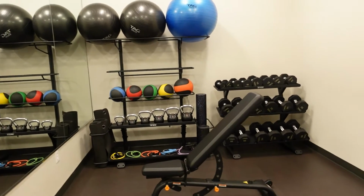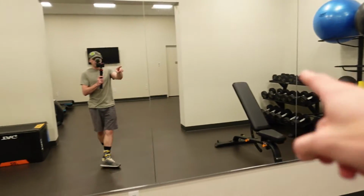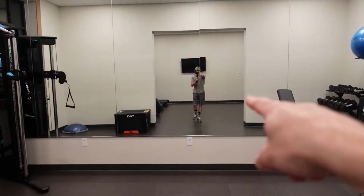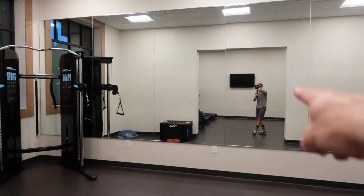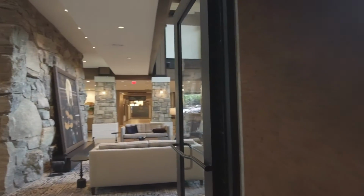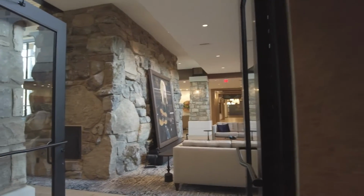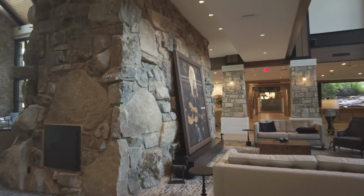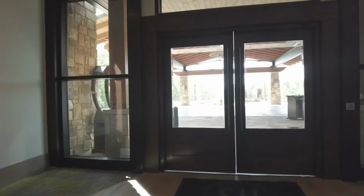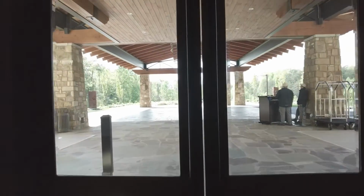But that's about it. Probably will not have time to be hitting this weekend. Doing plenty of walking in the park though. You're gonna do plenty of walking in the park. And if you know anything about Taylor and I, you know that we love to have a good cocktail or beer. Let me try that again. Blah, blah, blah, fix my face. Okay, folks, I tried my outro from upstairs, the second floor overlook of